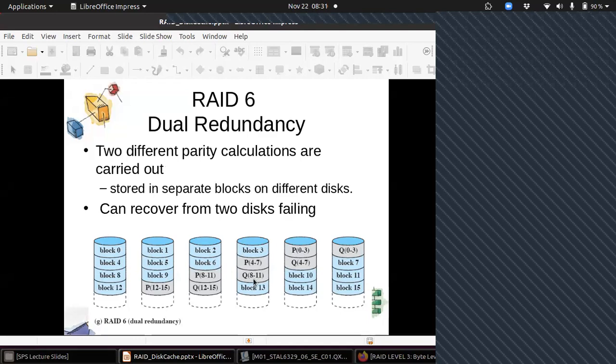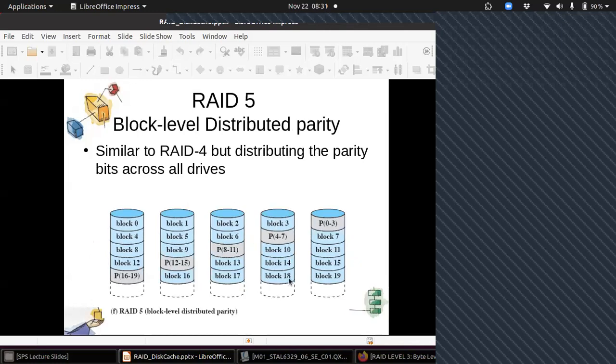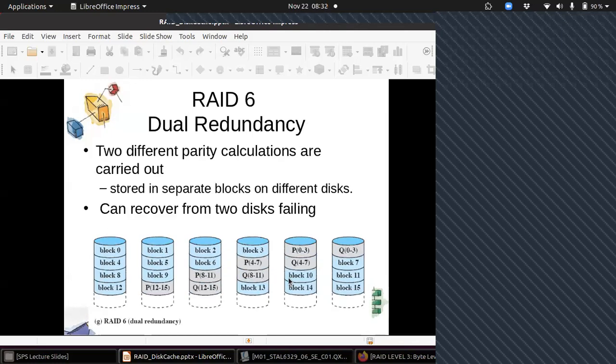So what advantage does it provide over RAID level 5? It can recover from 2 disks failing. RAID 5 helps you recover from 1 disk failure, but if 2 disks fail, this will help you recover. Even if 2 disks fail at a time, in a very small period also, you can still recover using RAID level 6. Are you getting from RAID level 0 to RAID level 6?